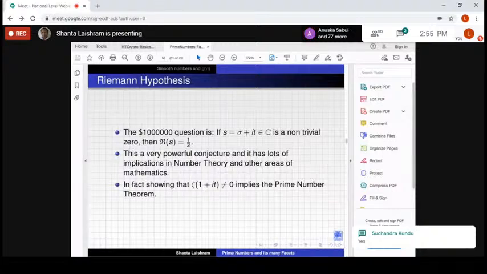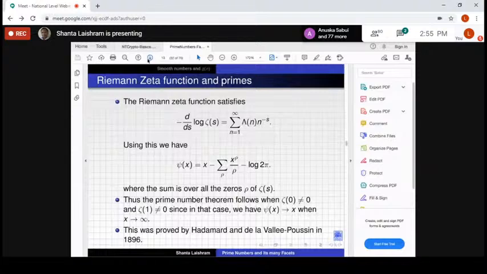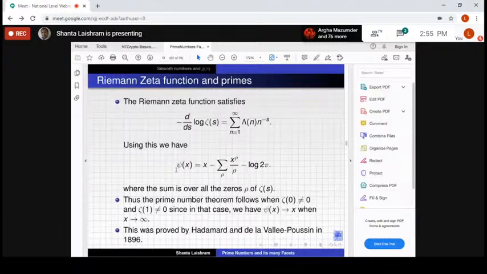This actually implies the prime number theorem, so I won't go into it. But I'll tell you how this is related to the prime number theorem. There's a notion of the Chebyshev function, which I didn't define here, but this is the sum of log of prime powers which are less than x. So psi of x has this